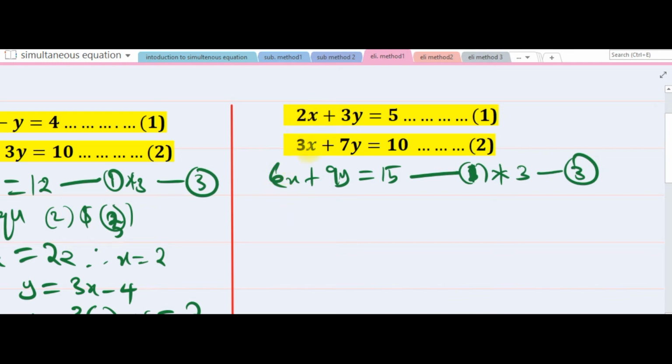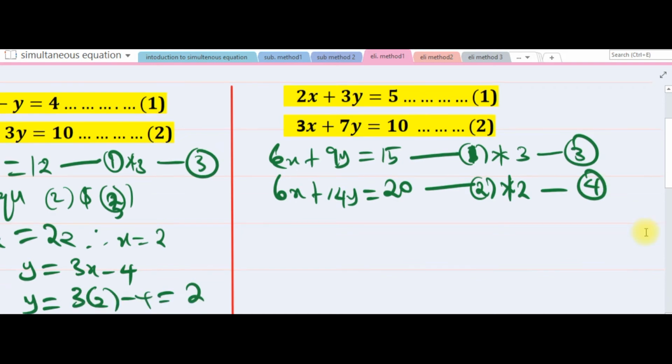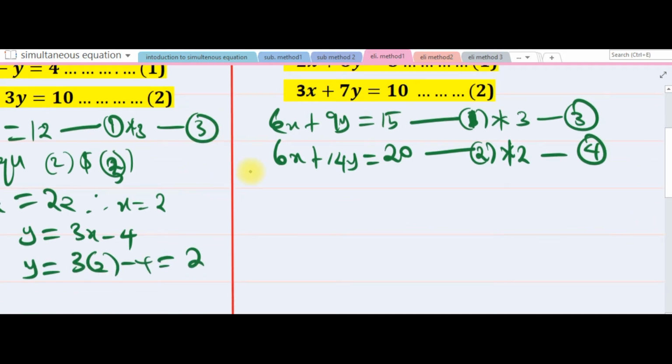Here again, I have to make it the same by multiplying by 2. So 3x times 2 is 6x, plus 7 times 2, 14y, equals 10 times 2, 20. So what I did, equation 2 times 2, call it equation 4. So I'm solving equations 3 and 4 simultaneously. So here I will subtract, and I will prefer equation 4 because 20 is greater than 15 and 14 is greater than 9. So equation 4 minus equation 3